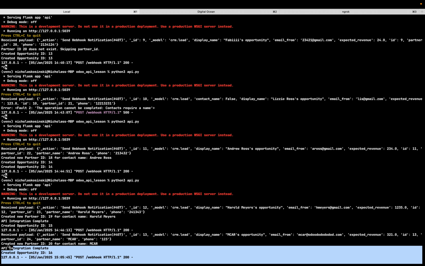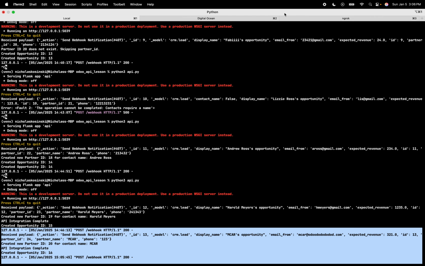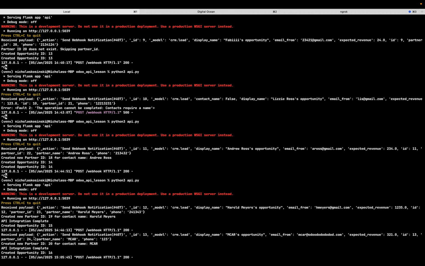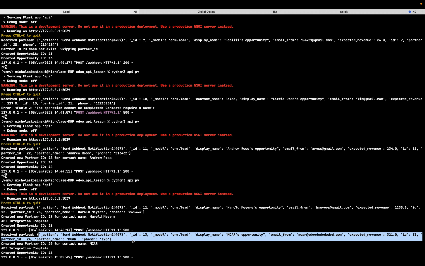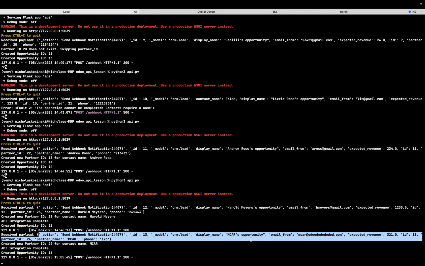And here you can see this run. So this is the action that happened. It essentially shows the date and time, 2:46, and the time might be a little wonky, don't worry. Essentially, it's saying the payload has been received, and this is the payload, right? So it's the ID 13, the model is crm.lead, the display name is MCAR opportunity, the email is this weird email I put in, the expected revenue is 321, again the ID of the opportunity, partner ID, the name, and